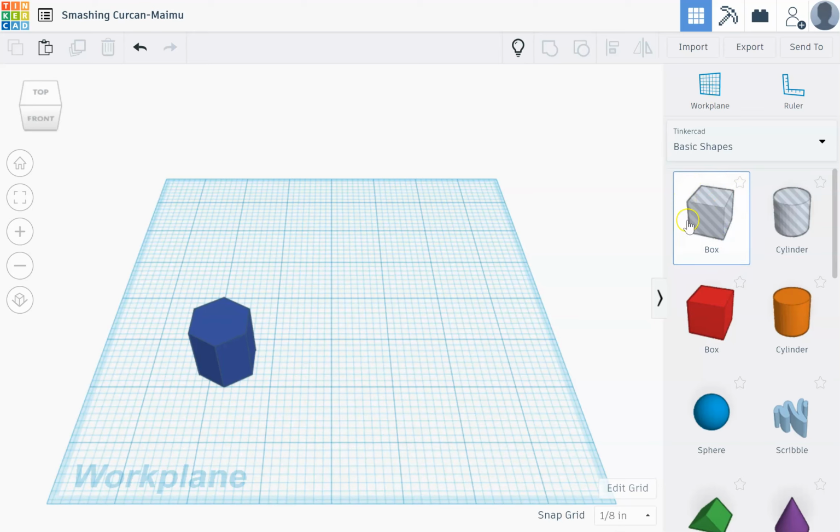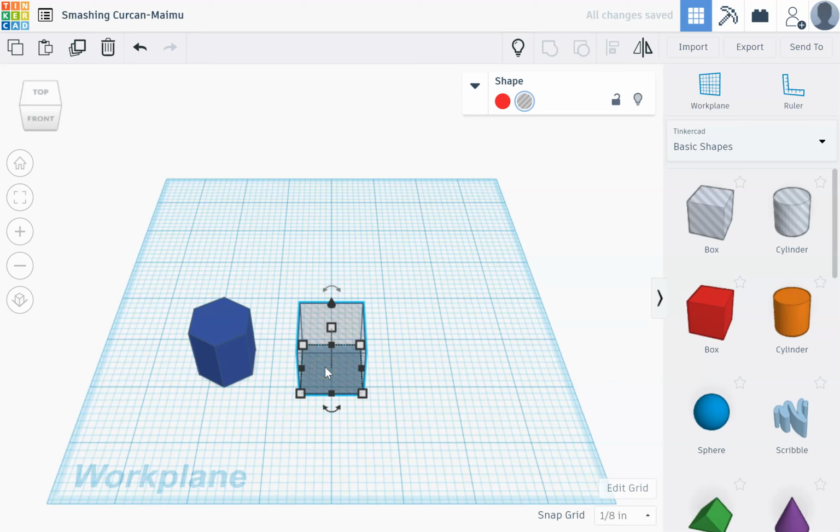But we're gonna click on the grayed out box shape, not the red box shape, this shape. And then we're gonna put it on the work plane too. So now that we have these two shapes,